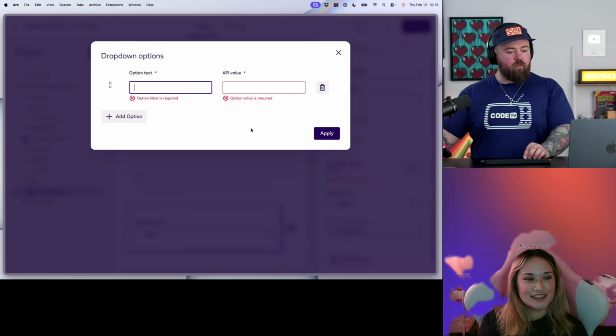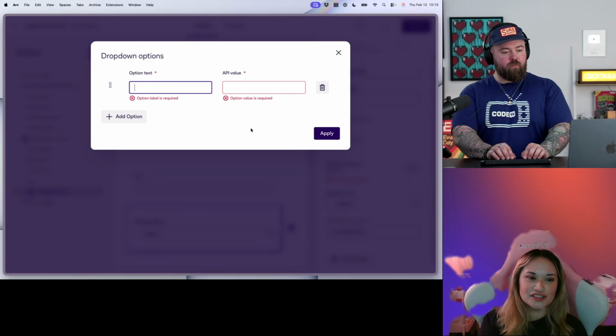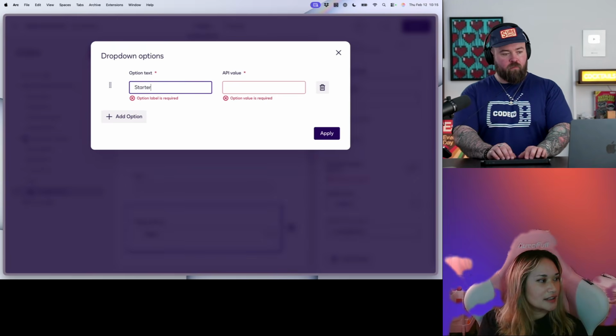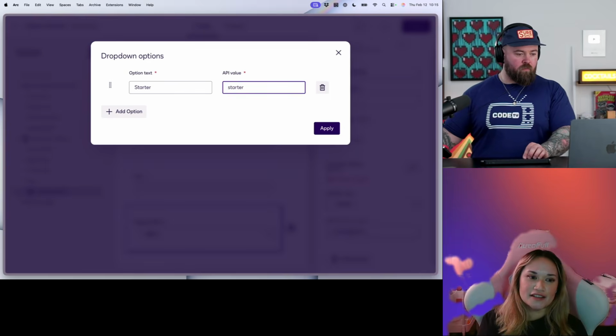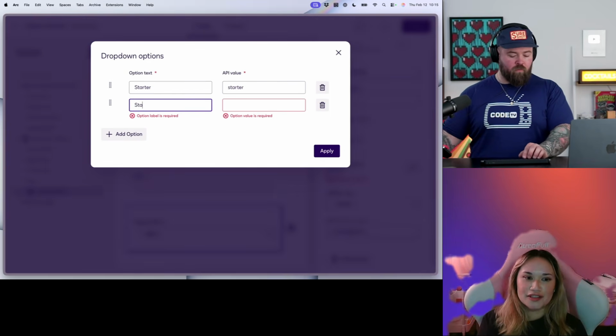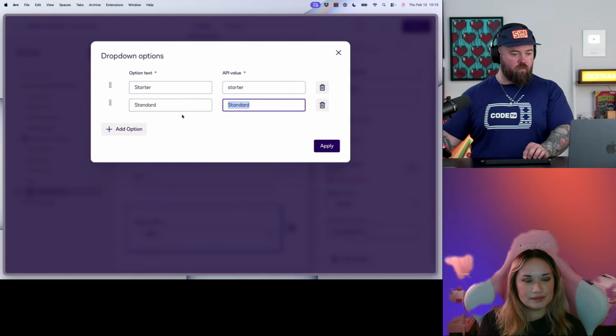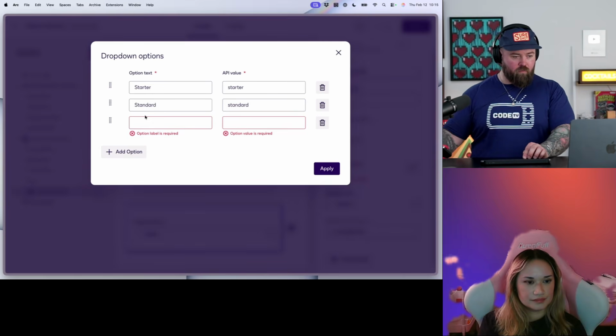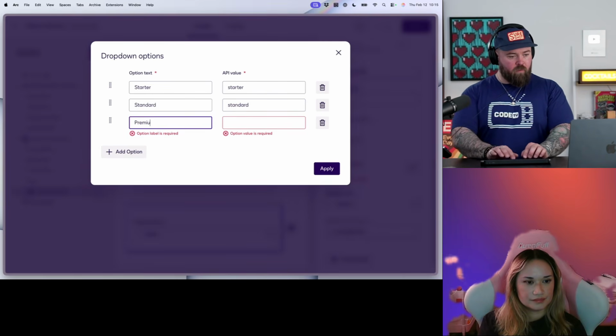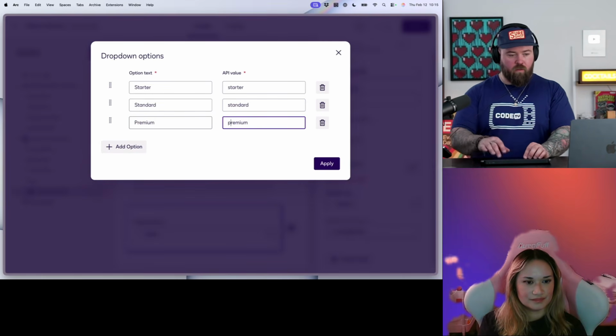All right. So the three options, let's just do starter, standard, premium, and let's just match that API value. Premium. Awesome.